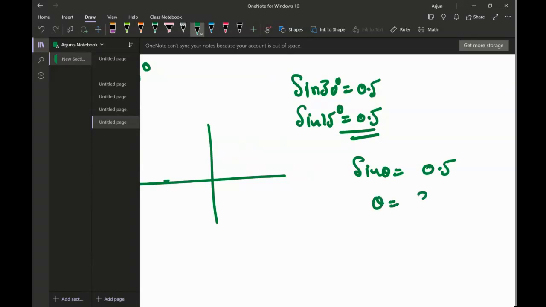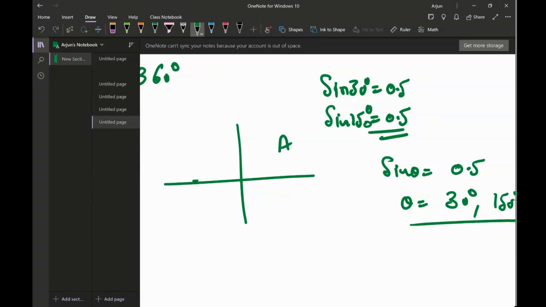You can say that sine can be 30 degrees or 150 degrees. In the same way, as I said, only sine is positive here. So sine has two positive values, one in the first quadrant, another in the second quadrant. Tangent has two positive values, one in the first quadrant, another in the third quadrant. And cosine has two positive values, one in the first quadrant, another in the